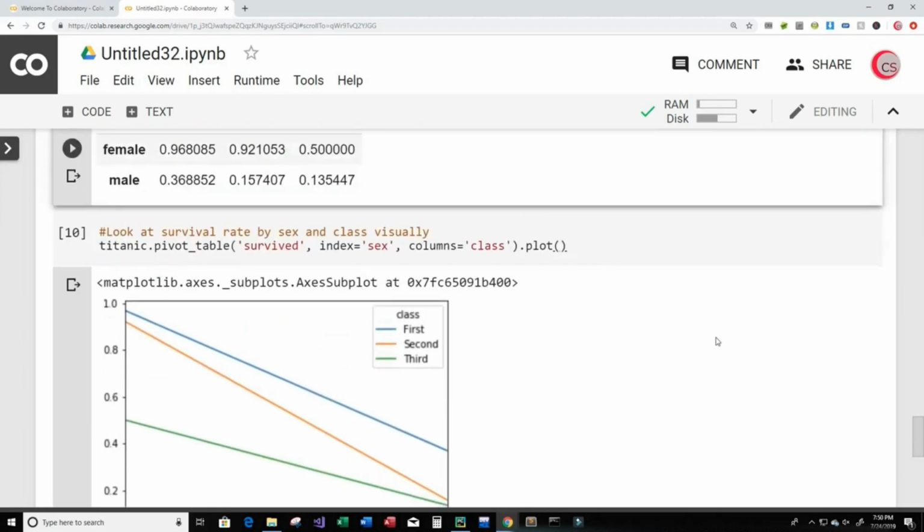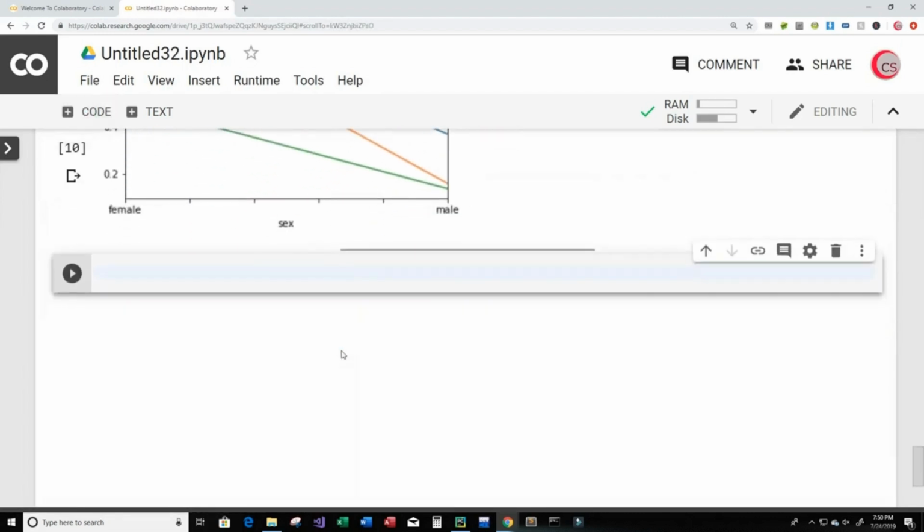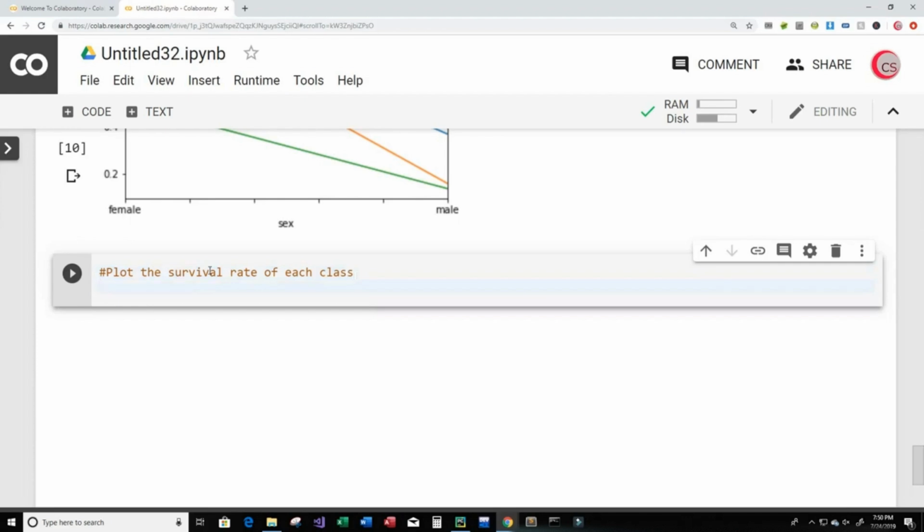All right, so I think maybe we'll do about 3 more charts or so, maybe 4, to keep analyzing this data. Let's go ahead and create a new cell. I want to now plot the survival rate of each class. So to do that, I just type sns.barplot, and then we need to give it an x-axis. So x will equal class,